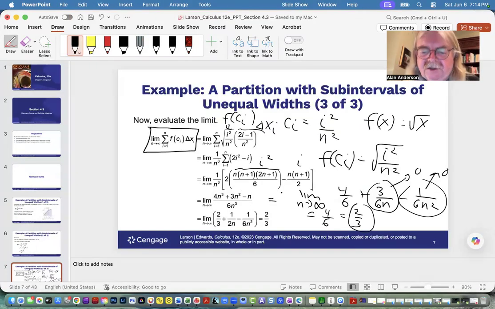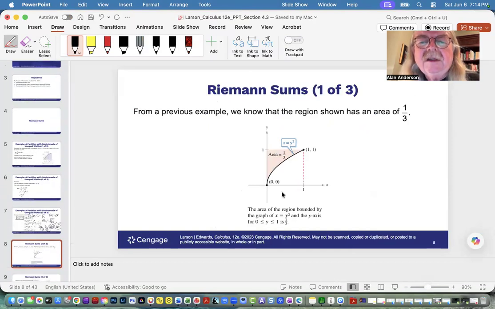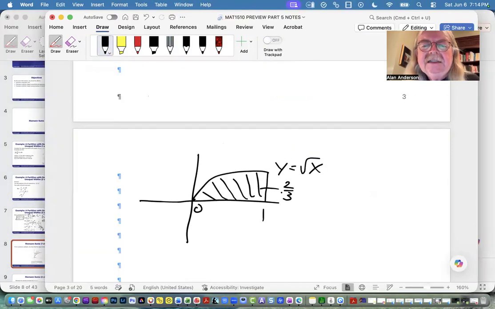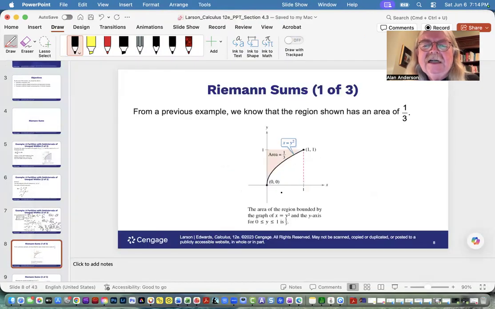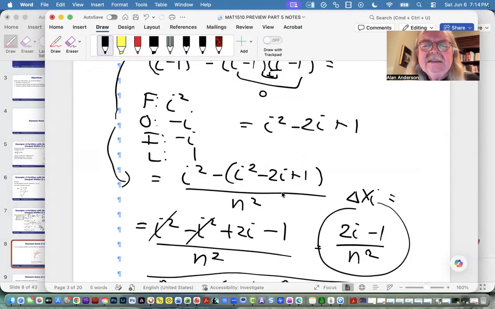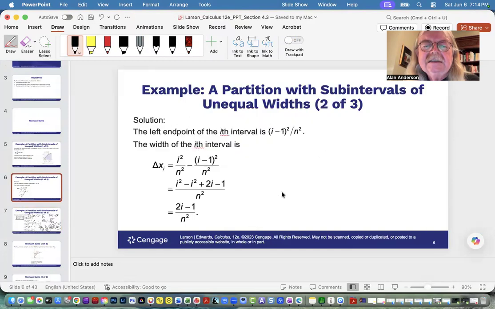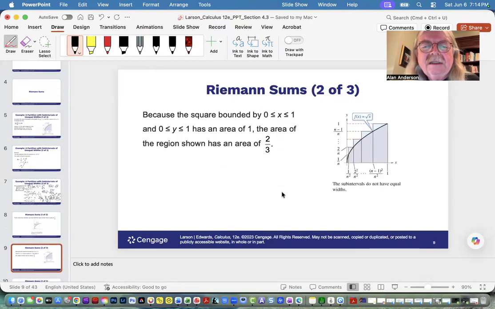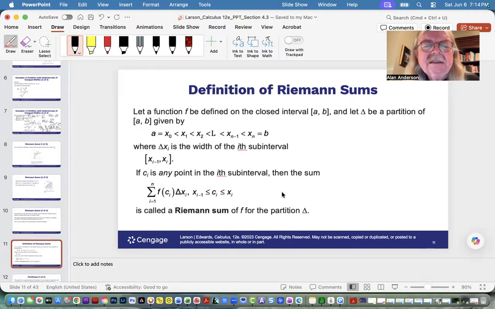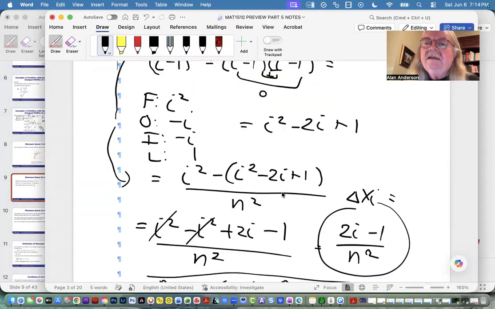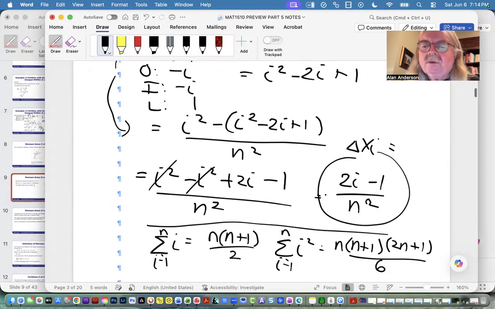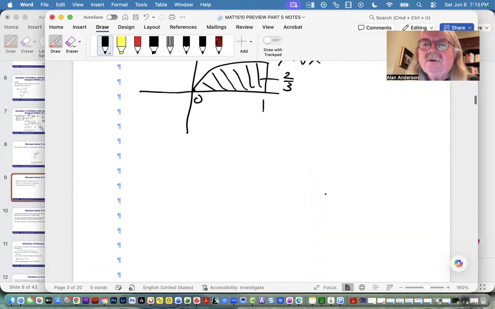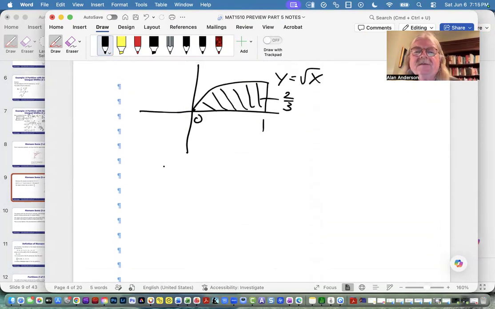Using the limit definition with what we call Riemann sums. Now, of course, we know the rules of integration. We don't need to go through all these steps. If you wanted to do this,